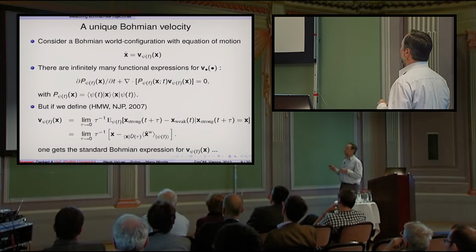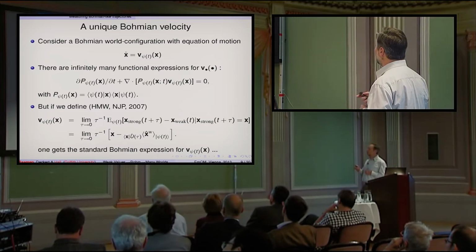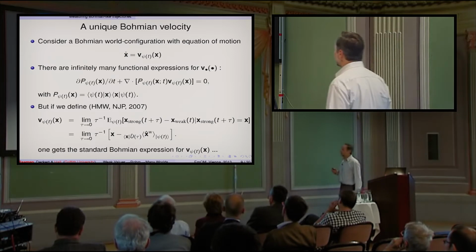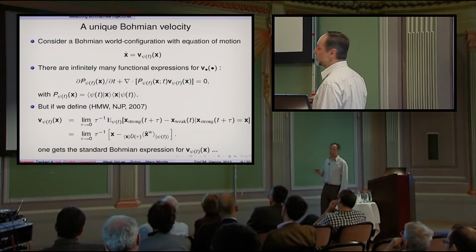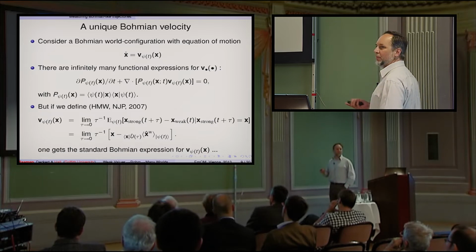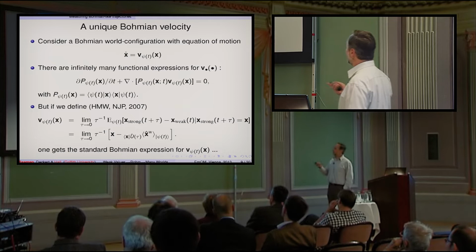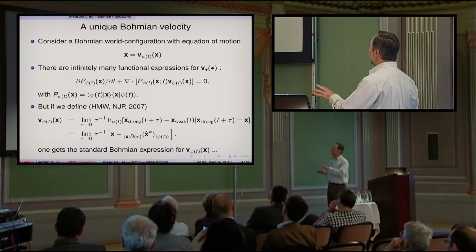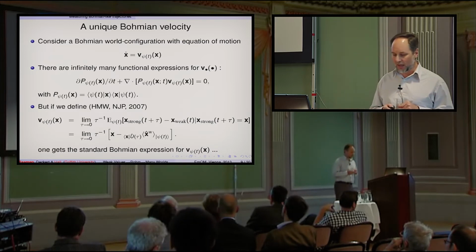So why choose the particular one that is the standard one in Bohmian mechanics? Well, what I suggested a few years ago now in this paper in New Journal of Physics was that we can motivate a particular expression for the velocity in terms of weak values by considering what it would mean to measure the velocity of a particle if you were a completely naive experimentalist that didn't know anything about quantum mechanics. Well, you might discover that in general making measurements seems to do something nasty to your system,